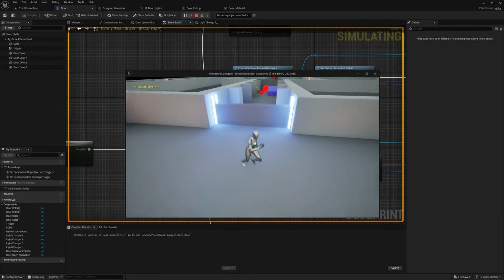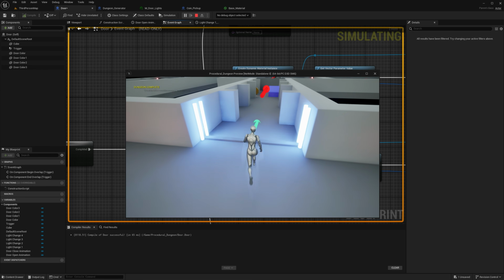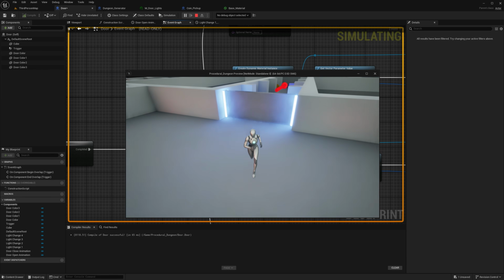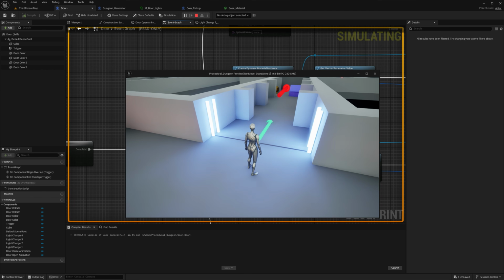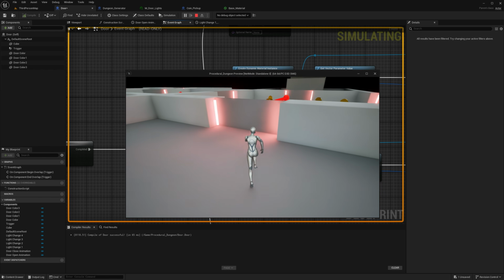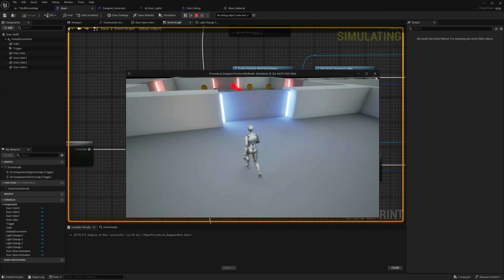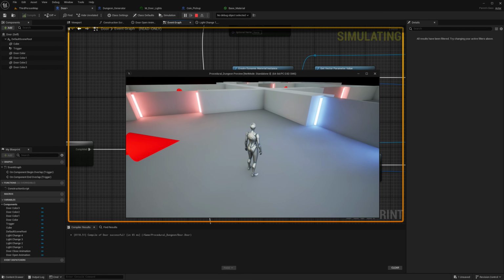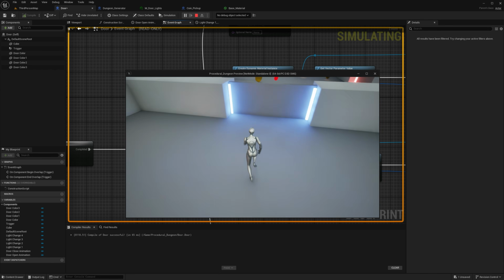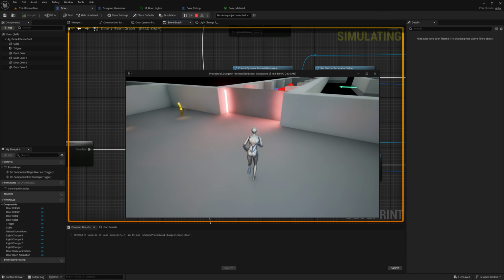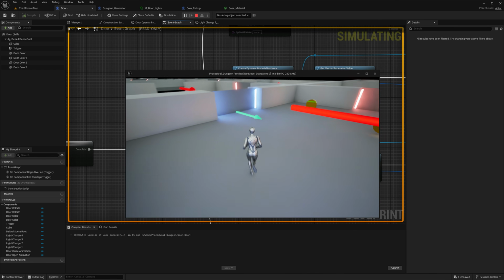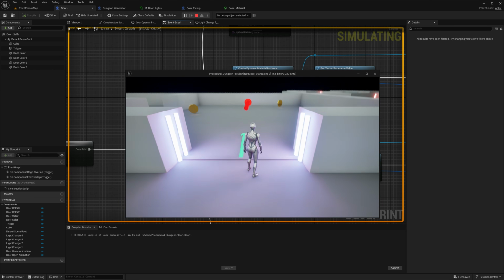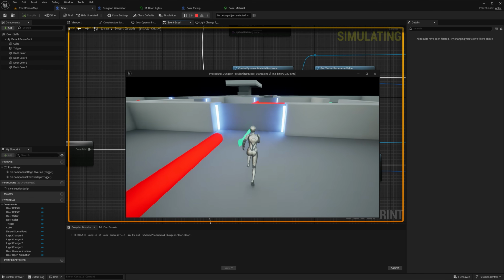Turns blue, I go out of the trigger, I go in again, it stays blue. Nothing happens with the lights because there's a do once node. The door still works because that happens before the do once node. So there you have it, guys. I think this was one long full tutorial on how to implement doors into this dungeon, which is of course a super important thing when you're making a dungeon. You need doors because doors are awesome.